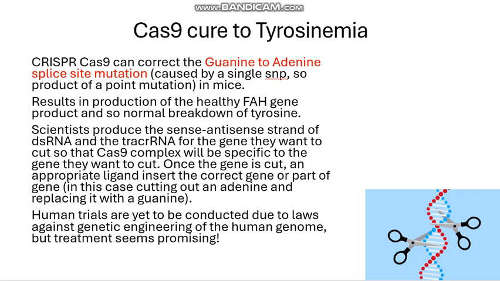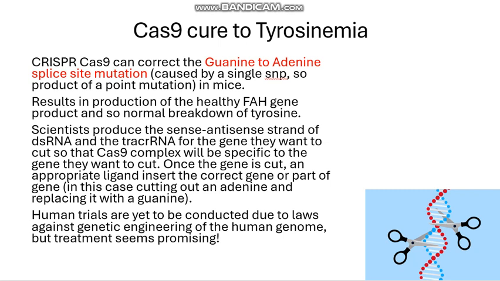So in this case, we're going to be having a CRISPR RNA complementary to the region of the FAH gene we want to cut, making sure we have the protospacer adjacent motif in the right place. It's going to cut it at the protospacer adjacent motif, so we want it to cut out the adenine at the FAH gene where we want to change it, and then we're going to get the ligand, we're going to replace it with a guanine. It's going to result in the healthy phenotype and produce a functional tyrosine molecule, because we're getting proper